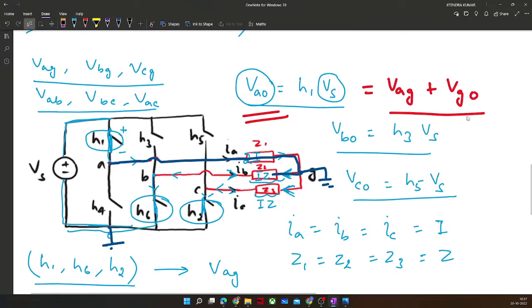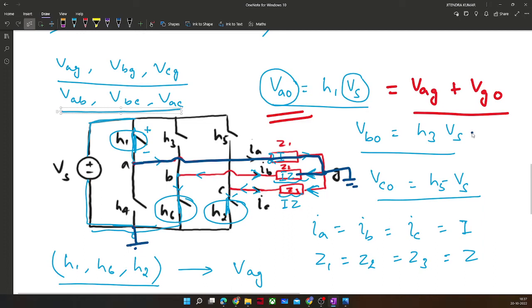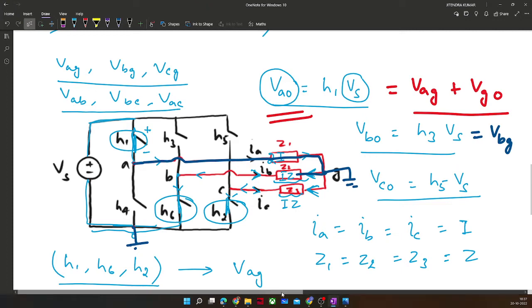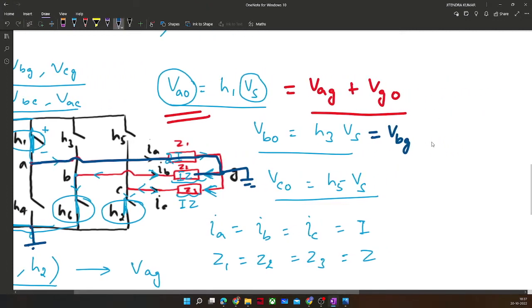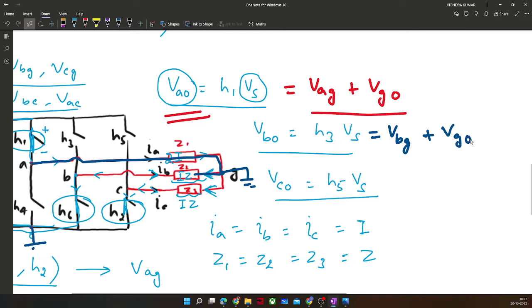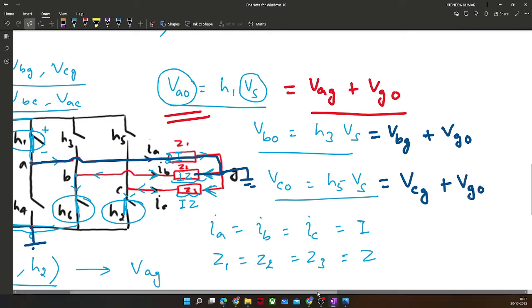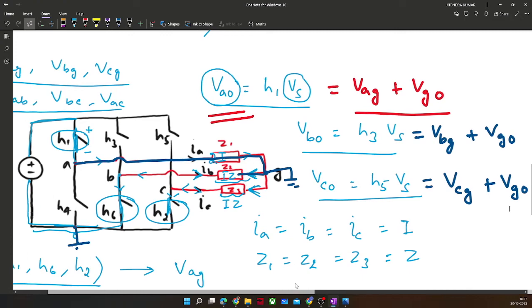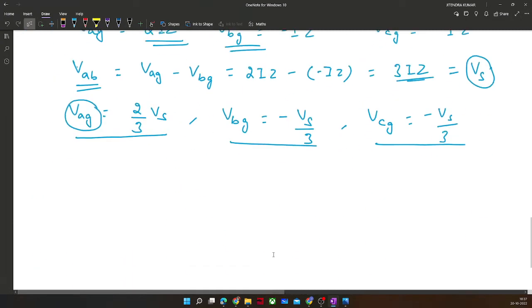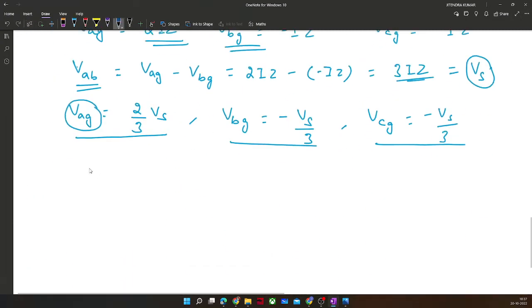Similarly, we can write VB0 is equal to VBG plus VG0. Again, VC0, we can write VCG plus VG0. Okay. Now we will use this information again. So